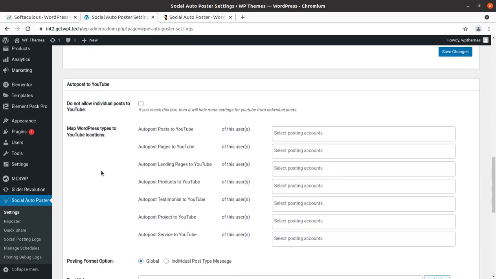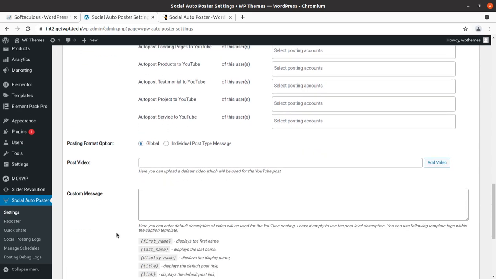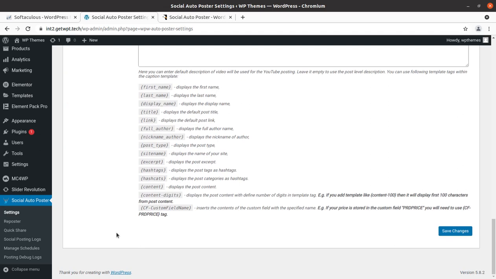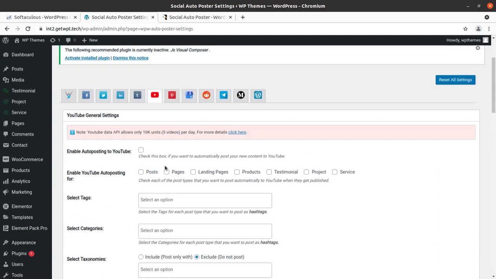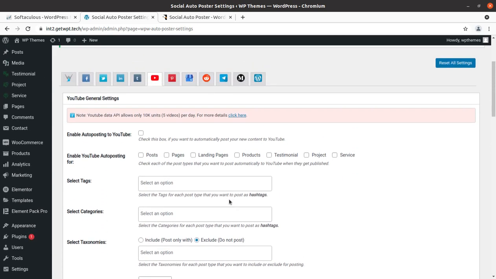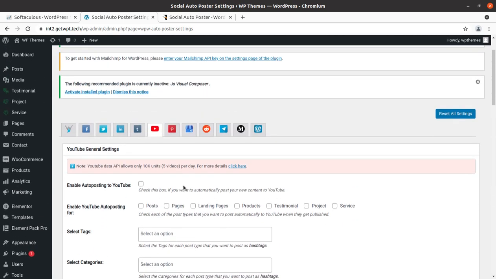I have never thought it can be done for YouTube as well. You might be aware, but this feature is available here, and this is great. If you are posting any articles or making any page on your website, it can go directly to YouTube, and I don't know how it will look on YouTube, but yes, it is available.